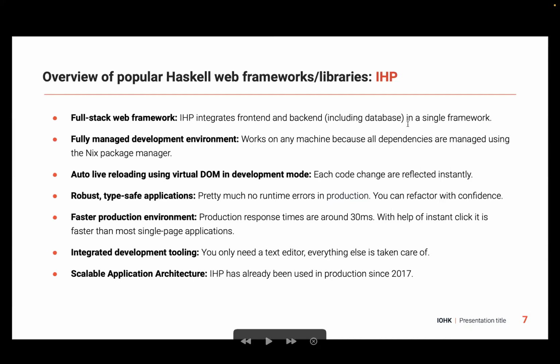That means that if you did something while working that works and you push the changes, it will work on all other co-workers' machines. So the problem of it works on my machine is solved pretty much,